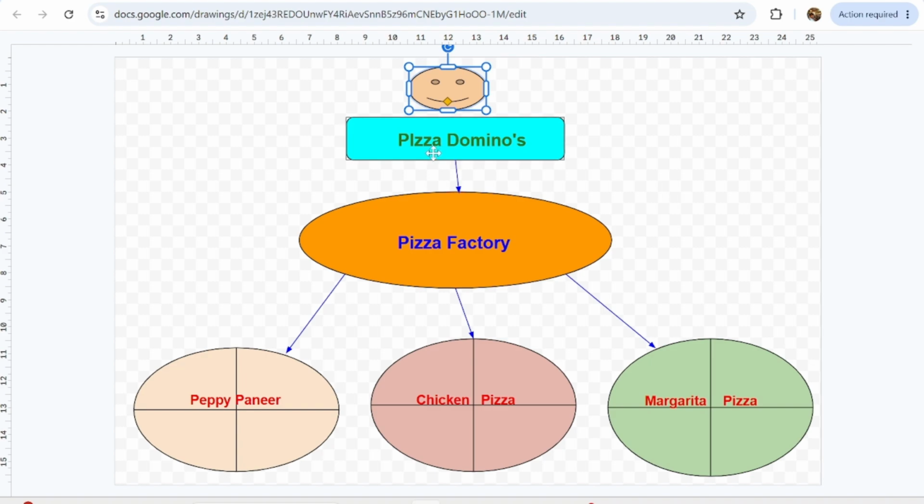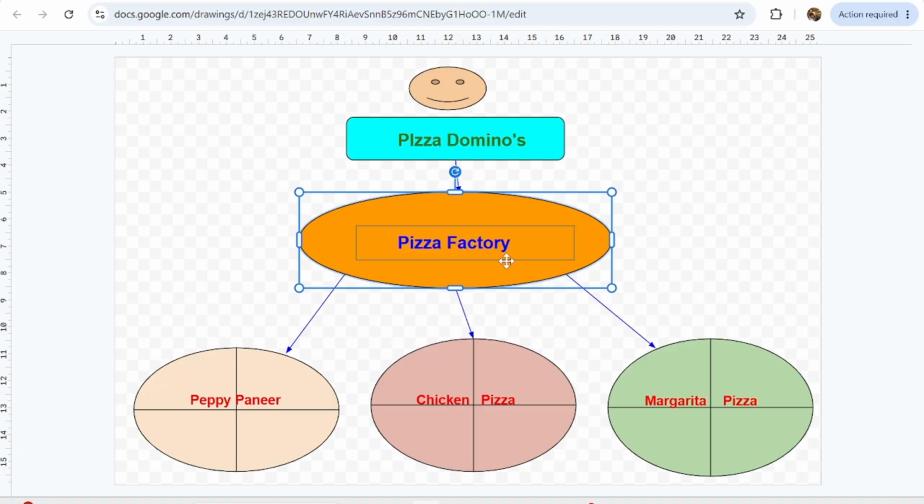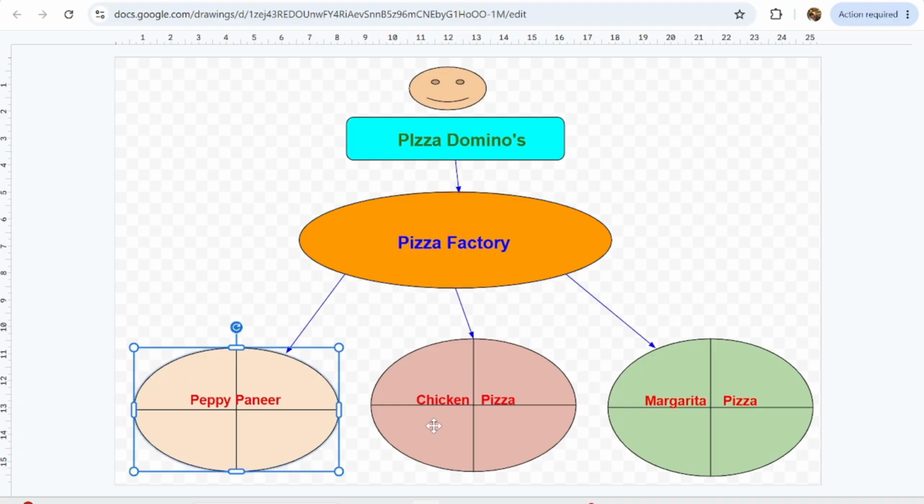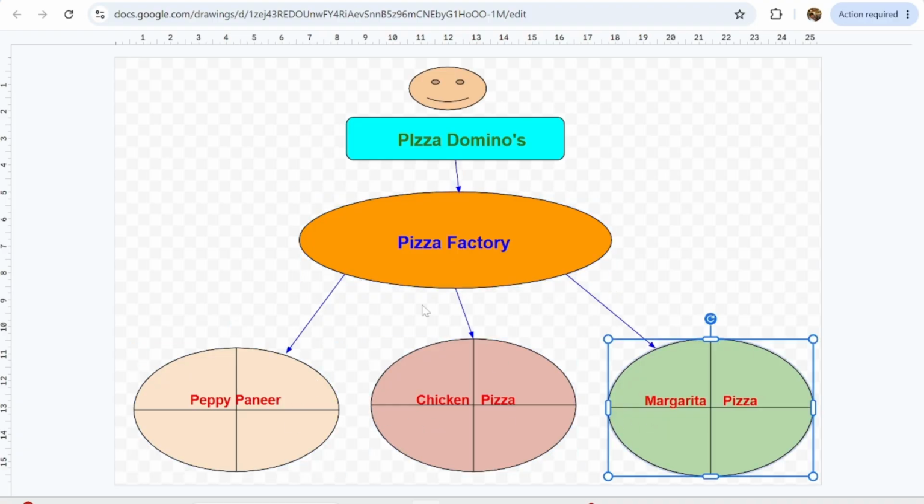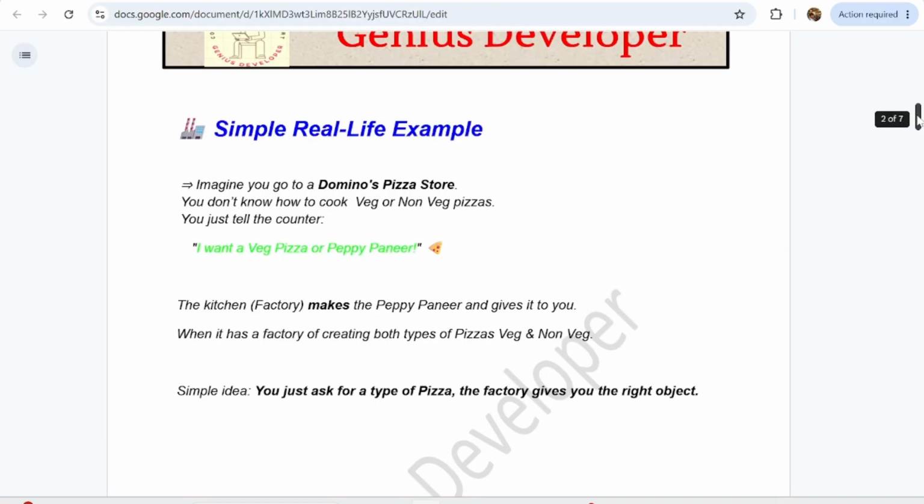So the main logic is that from the counter it will accept the order and from the factory it will prepare or process that kind of pizza. It may be pepper paneer or chicken pizza or margherita pizza guys, depending on the user requirement. So this was the core logic I have implemented.